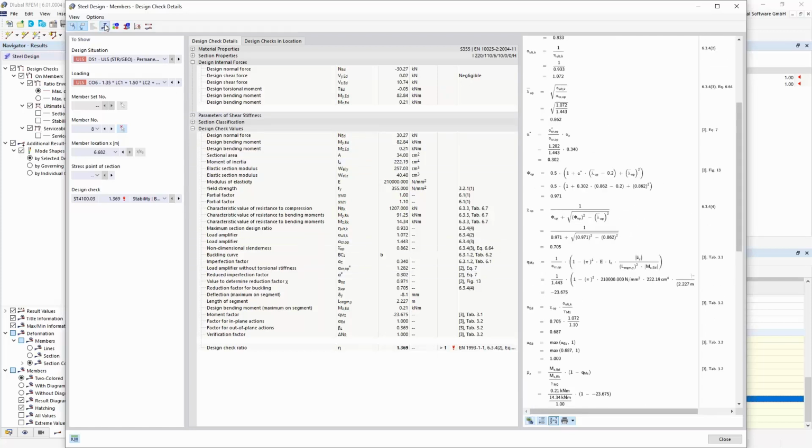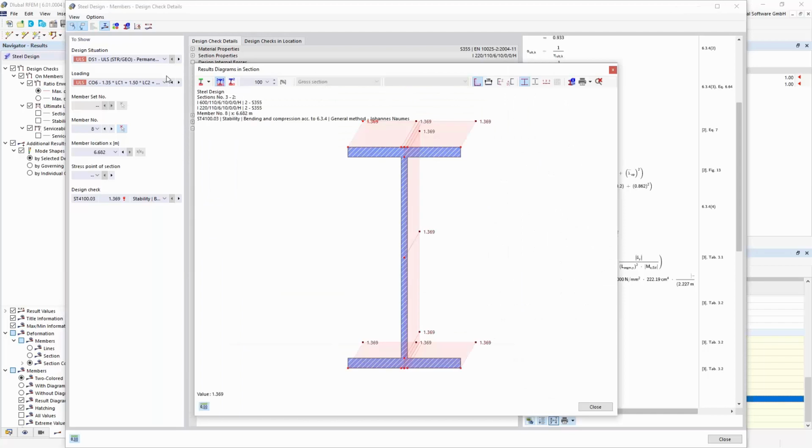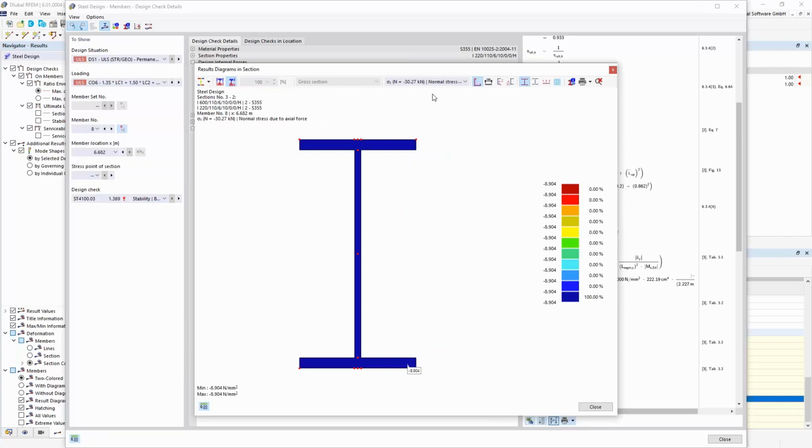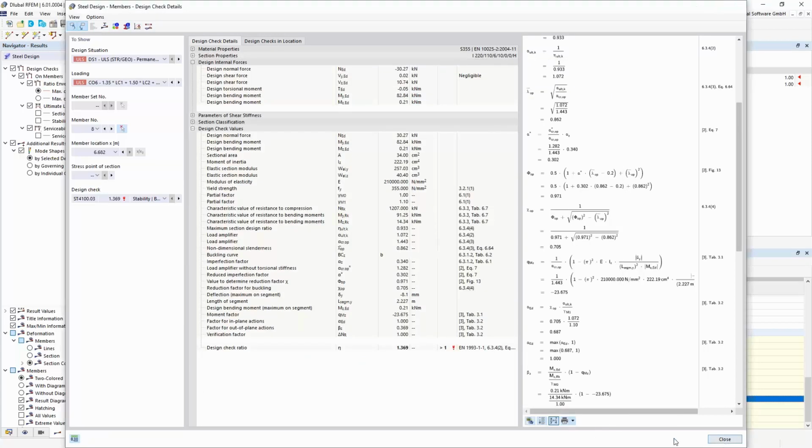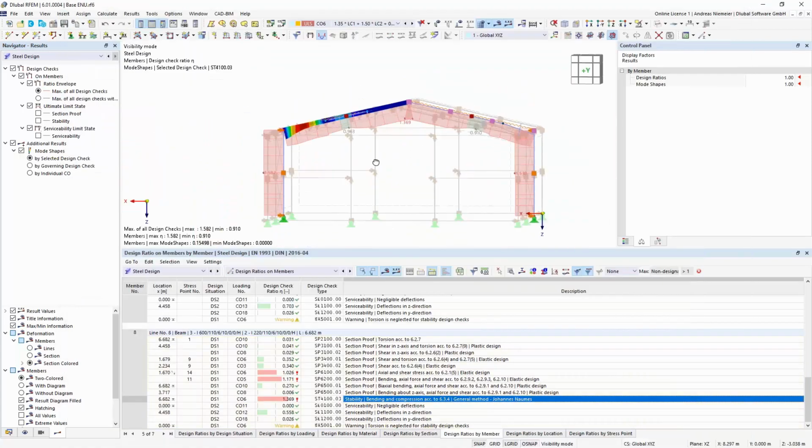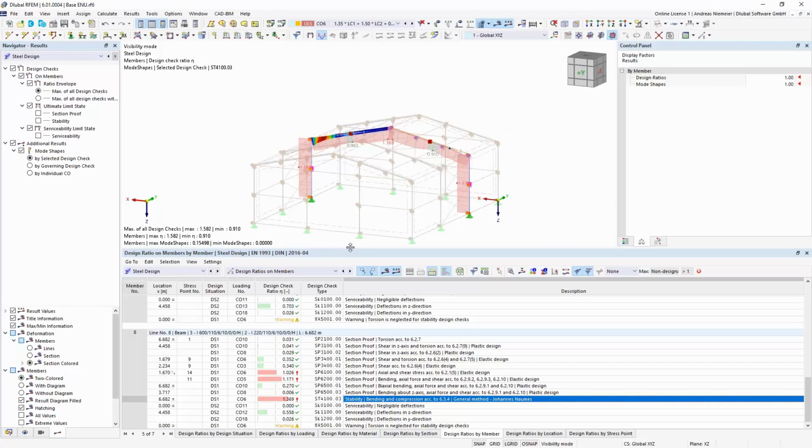And if it's needed to know more about, let's say, the dimension of the cross section, you can always calculate with this cross section option the utilization of the cross section, or also display stresses on the cross section for this x place. And here you see, for example, okay, our stress is maybe almost near the limit, maybe you have to increase the cross sections. Now a step to increase cross sections could follow, but that's clear.